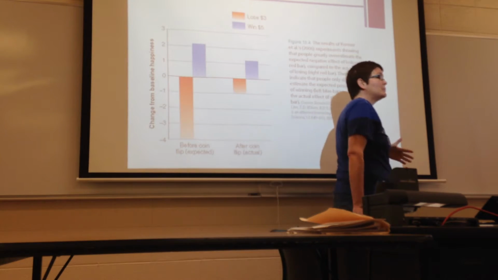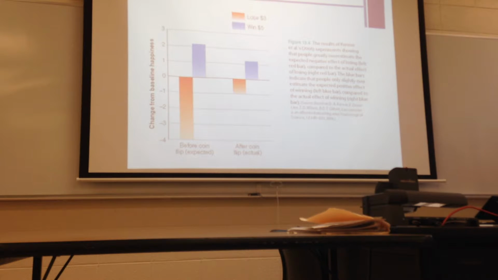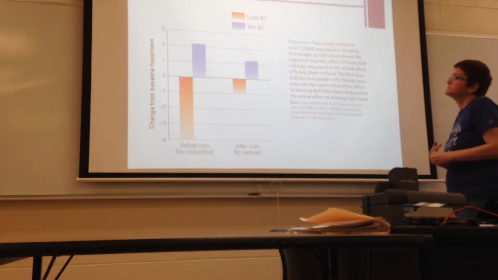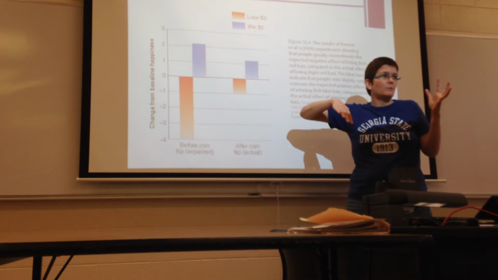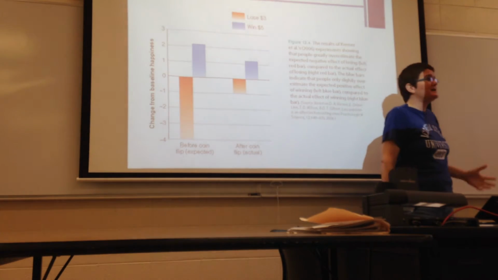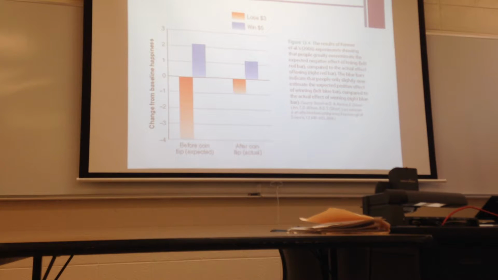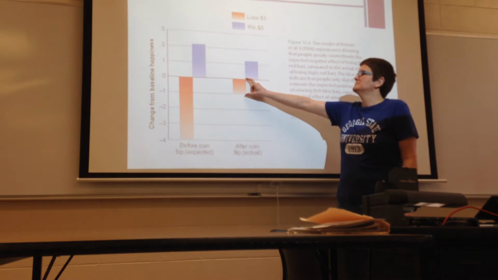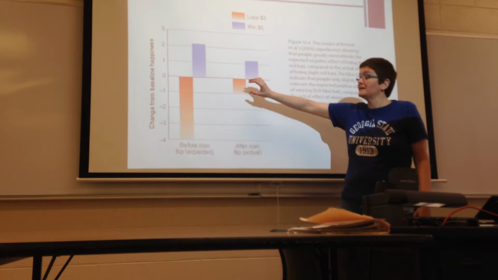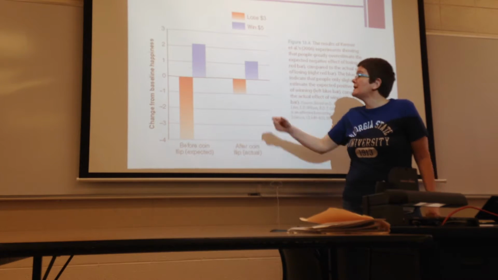But beforehand, they would report that if they lost, they would feel really bad, and if they won, they would feel good, but not as good. Now, what's odd about this is an issue of expected emotion, right? This is how they expect to feel once whatever happens. Well, then they actually flip the coin, and people lose and people win. And when people lost, they were asked, how bad do you feel about losing that $3? And people were like, in reality, I feel about this bad. And when I win, I feel about this good.